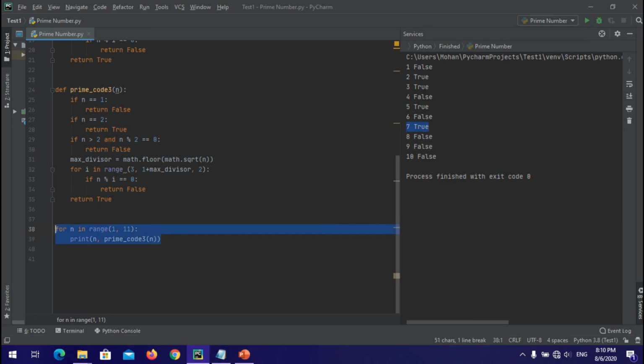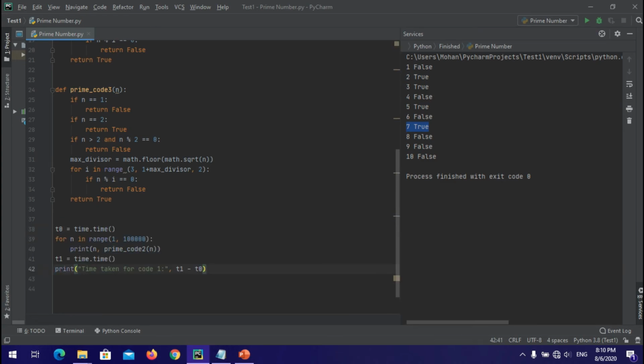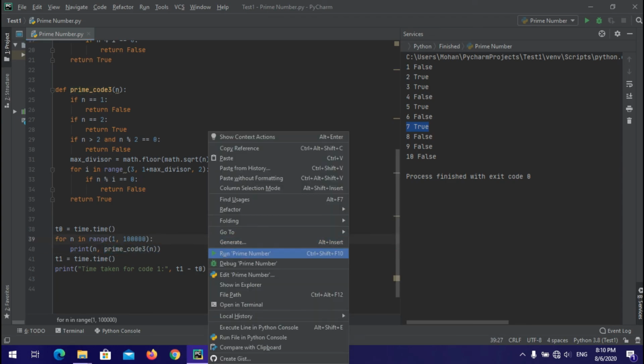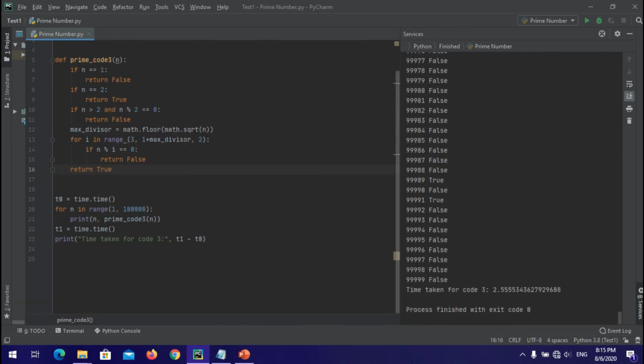Now it's time to check how this code will work for the largest numbers. So this time I call the function prime code 3. I am checking the time. Just look at the result, it's 2.55.